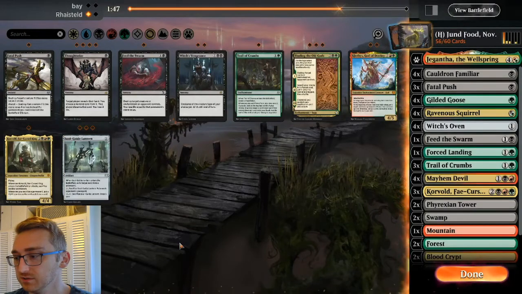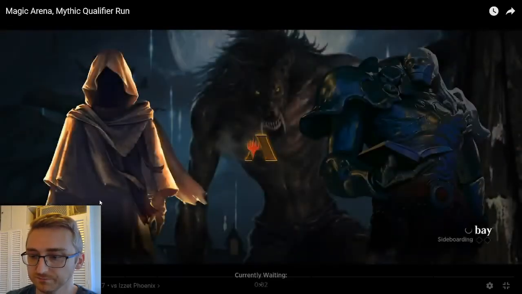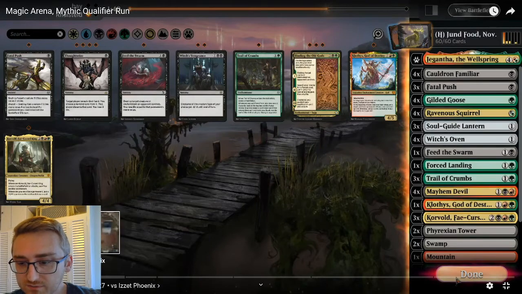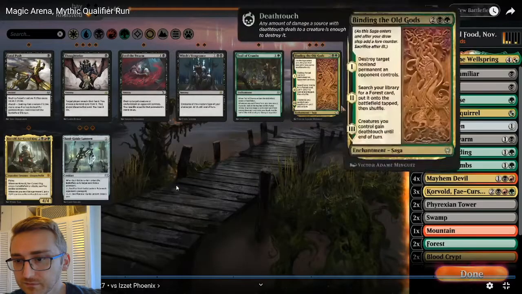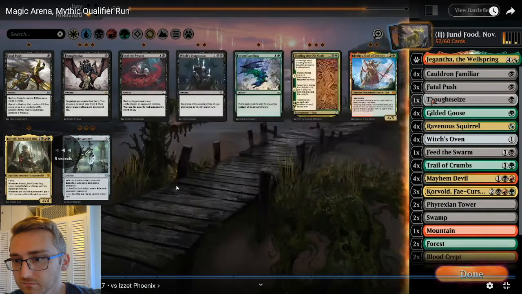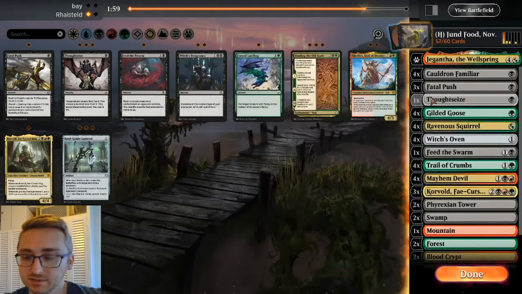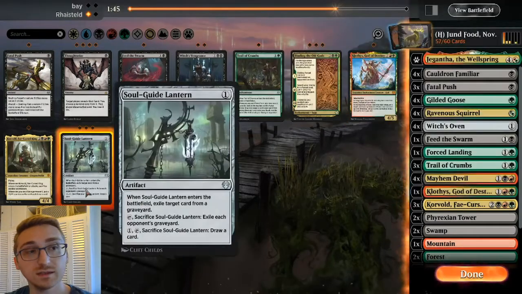What to take out, though? That's a bit harder because you don't have any card that's particularly bad. I believe he took out the Thoughtseizes. Let's see, hold on. Let's take a look at that boarding. Looks like he took out Thoughtseizes, unless he started the boarding with that. I don't believe he did. I'm pretty sure those remain. Let's see. He started with 2 main. Okay. He took out Bindings and Thoughtseizes. Okay. There we go. He's got Bindings, Thoughtseizes out, puts in Soul Guide Lanterns, the Forced Landing, which makes perfect sense,